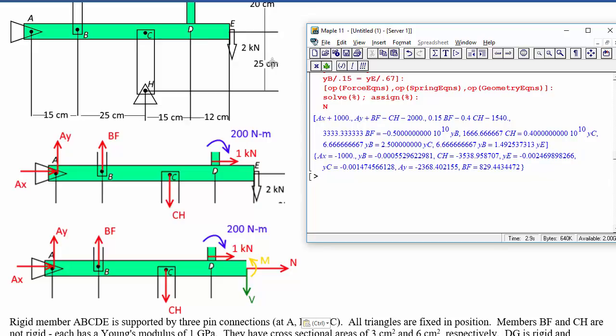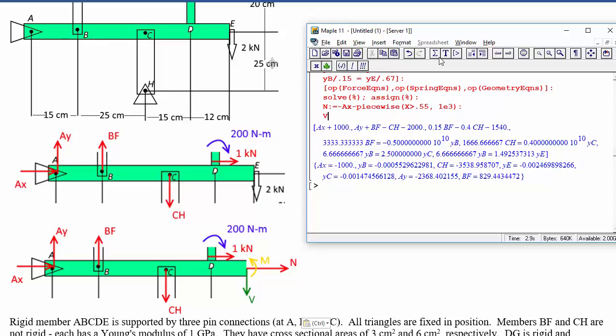So N is going to be equal to negative AX minus piecewise, if X is greater than the distance to point D, which is 0.55, then 1E3. V would be equal to AY plus